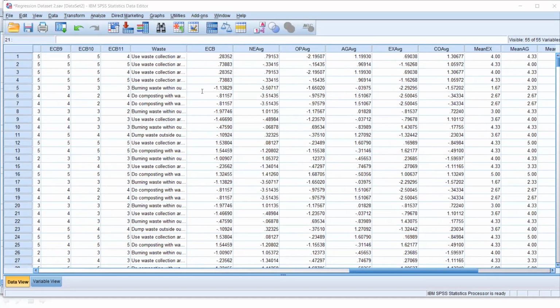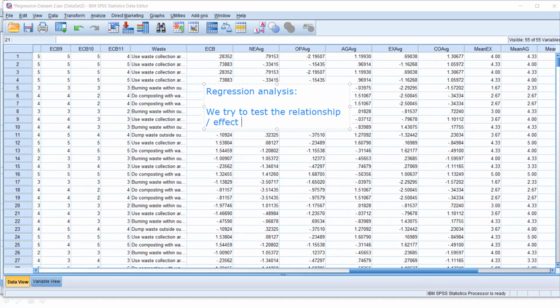For the regression analysis, what we are trying to do is we try to measure, or we try to test the relationship or effect between independent variables and dependent variable. Okay, so that is the thing we are going to do.